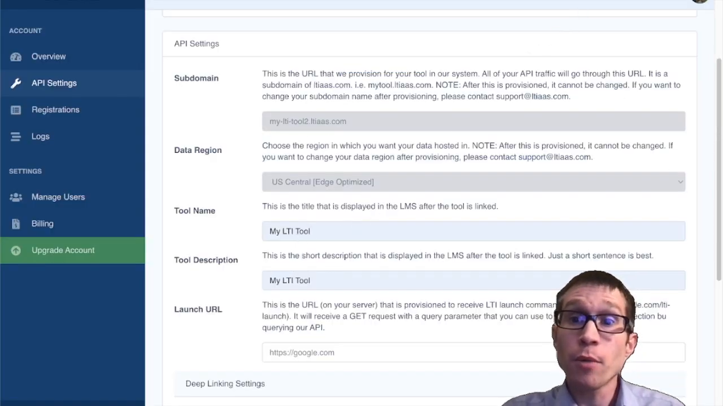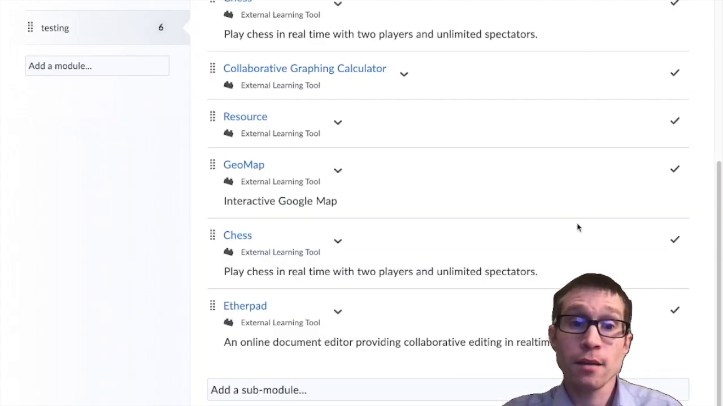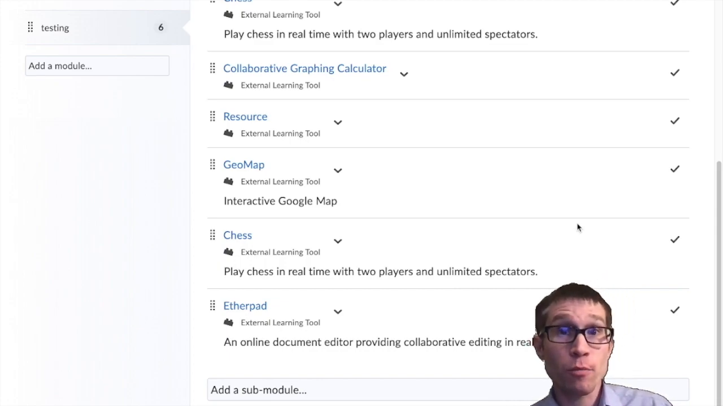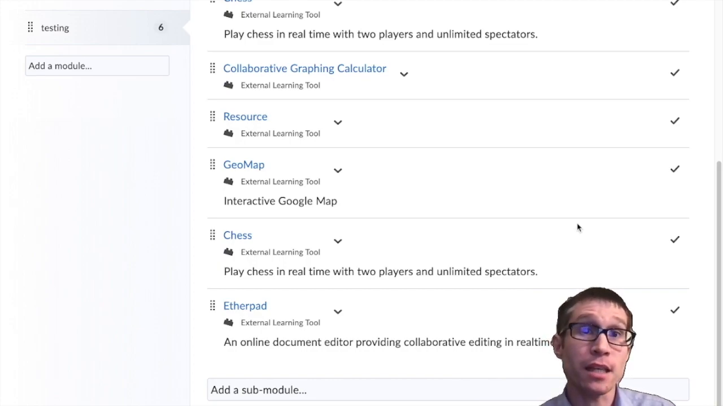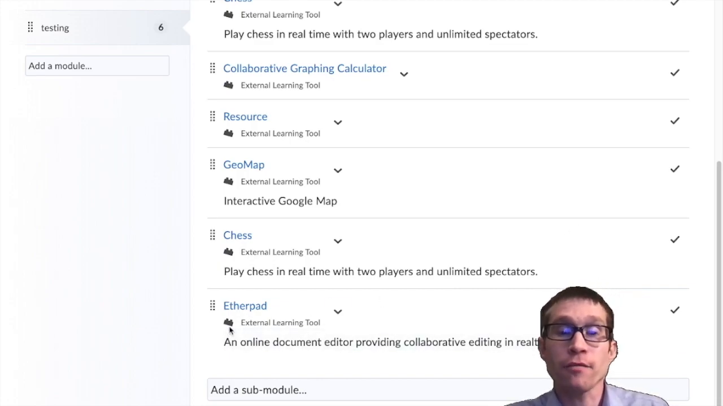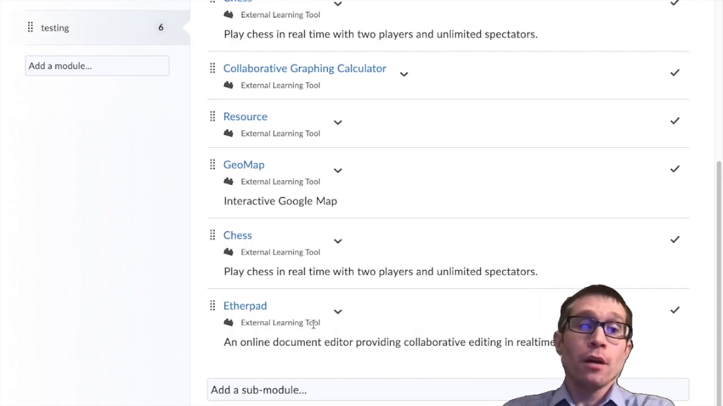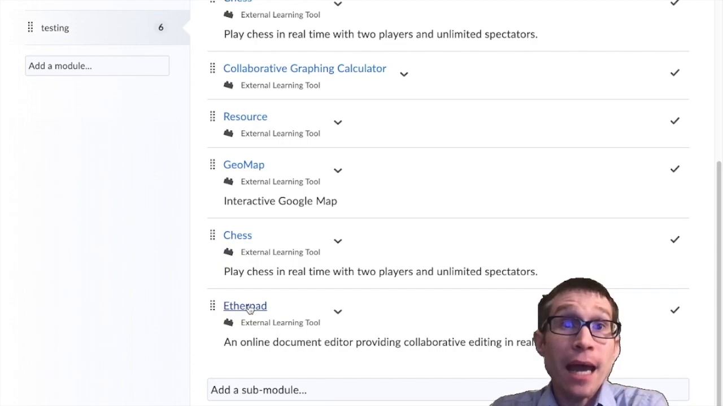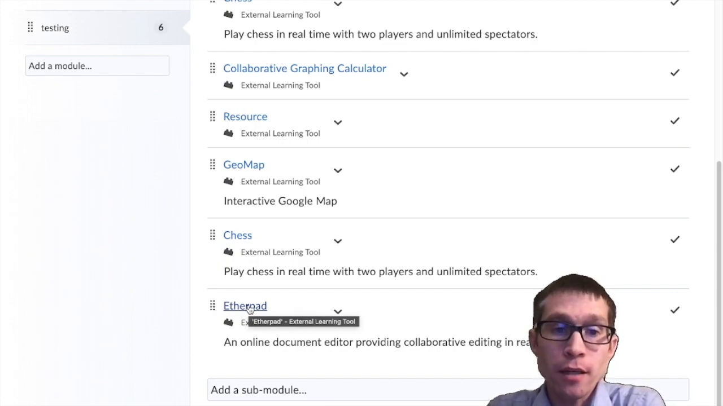That's true. But when we do a deep linking request, we can send the title and the description of that particular activity back to the LMS. And some LMSs even support an activity icon. So you can have a different icon for each activity. But not all do, right? So here's the Etherpad activity that we created with